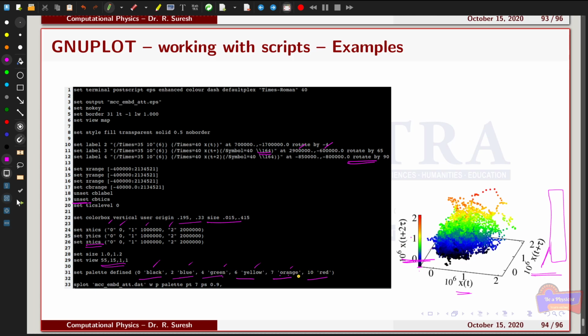For example, you can see that there is a smooth transition from green to red. So you can customize whatever values with the colors you require. You can change it according to your use with the command set palette defined. So you can use the user-defined palette, and then the data file whatever